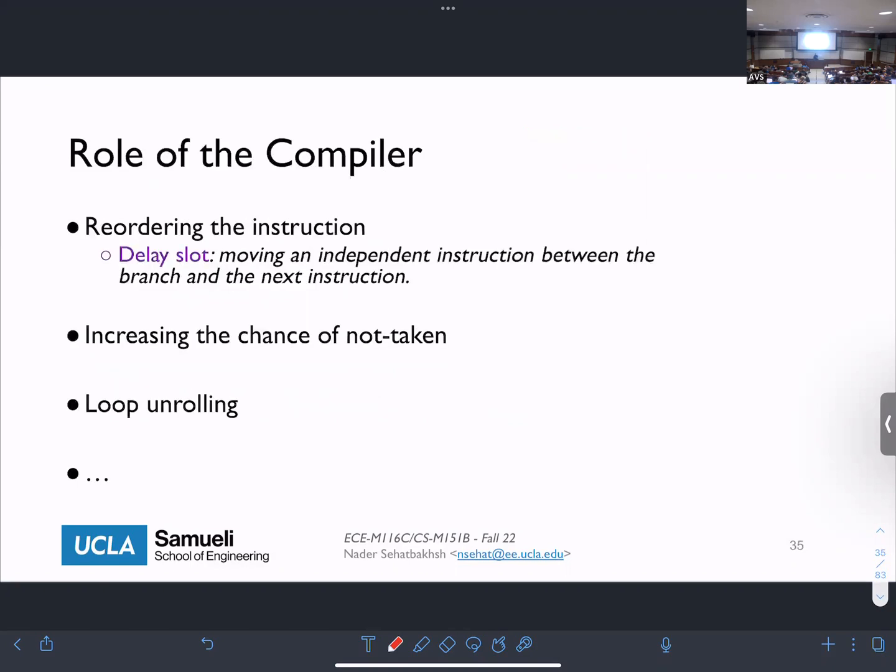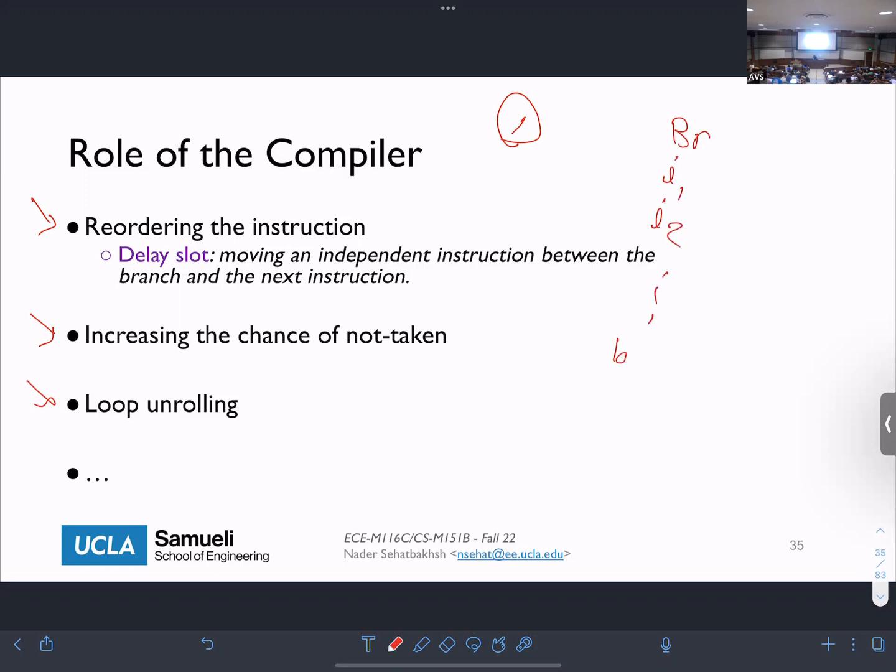Great. So before jumping into what we can do even better, let's also very briefly talk about the role of the compiler here. As you can see so far, we haven't talked much about the compiler. I recommend that if you are interested in the interaction between the system and hardware, you read more about the compiler. We're not going to cover much, but there are 3 things that the compiler can do to help us reduce this 1 cycle miss penalty. So remember when we have a branch instruction, I1 instruction, I2 instruction,